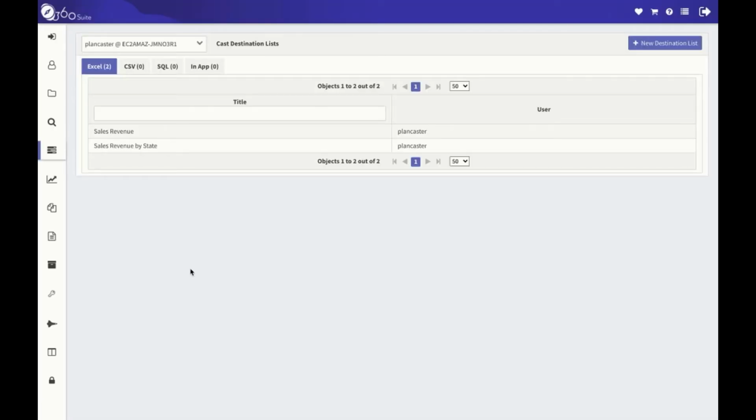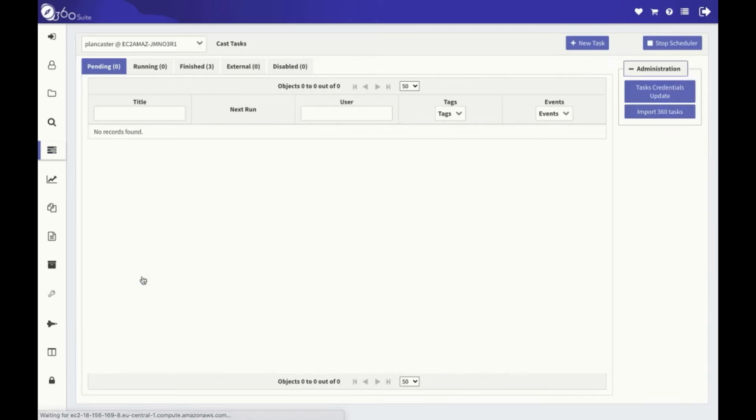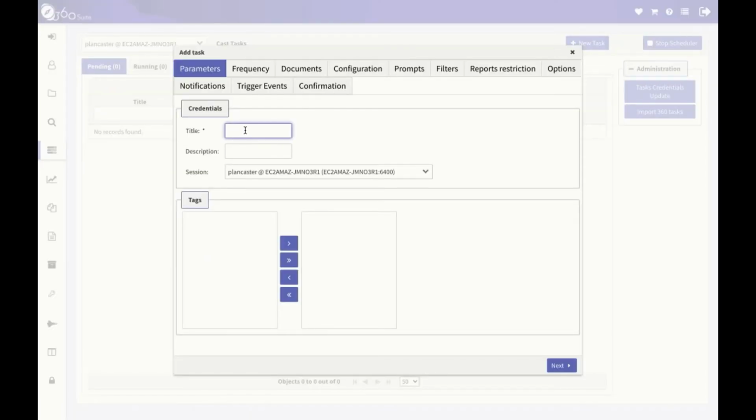Okay, so now I have my destination list. Now I'm ready to schedule the document. So if I go to tasks, and then I'll select cast, click on new task. If it says start scheduler, click on that so your task will run. If it says stop, then that means it's already running. So click new task, give your task a title,